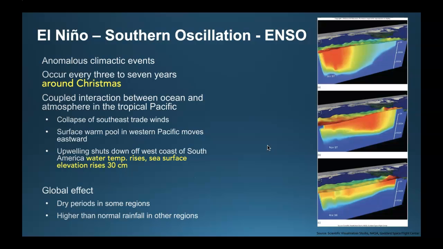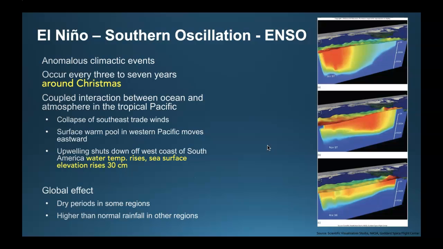And the upwelling shuts down. The upwelling is the upwelling of cold bottom waters from the Pacific, and those cold bottom waters bring up nutrients like poop and dead fish up to the top waters and create a nutrient-rich environment for that fishery there. Globally, then, during El Nino, there are going to be some parts of the world that are